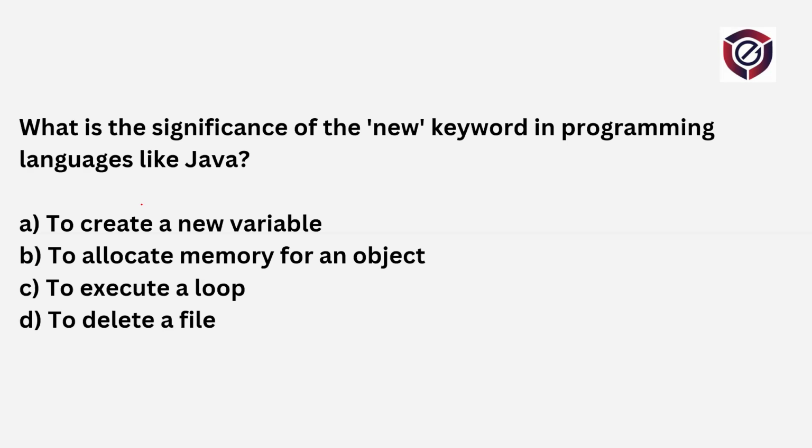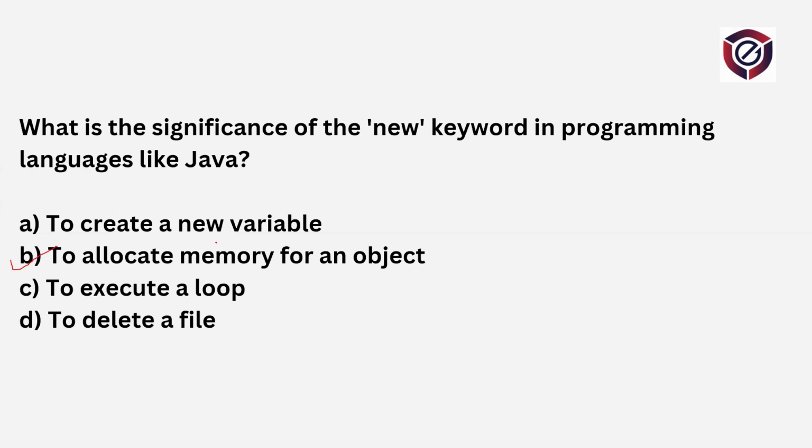So the options are to create a new variable, to allocate a memory for an object. This is the correct answer because it is used for dynamic memory allocation. So the correct option is to allocate memory for an object. The other options such as to execute a loop, to delete a file, no, these are incorrect options. To create a new variable, we can,